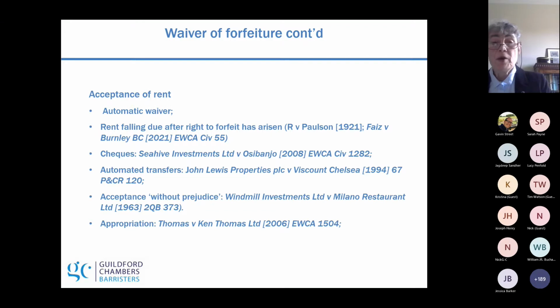I should briefly mention appropriation in the context of acceptance of rent. A tenant can expressly or impliedly appropriate a payment to the debt of his choice. The landlord must then apply it as required by the tenant or return it. If the tenant does not appropriate the payment, the right devolves to the landlord and he can elect to apply it as he wishes. However, he must communicate that election to the tenant. If there are historical arrears, therefore, this means the landlord can communicate his appropriation of a payment to those sums and so avoid a waiver of the right to forfeit in respect of a more recent payment.